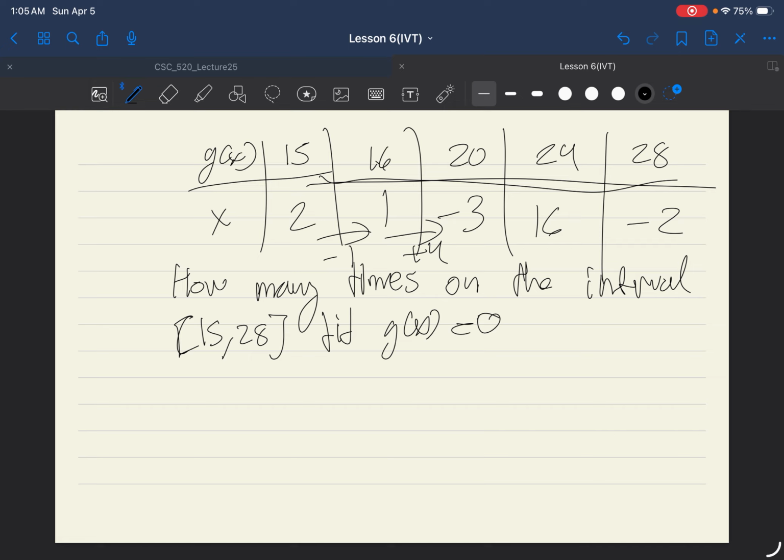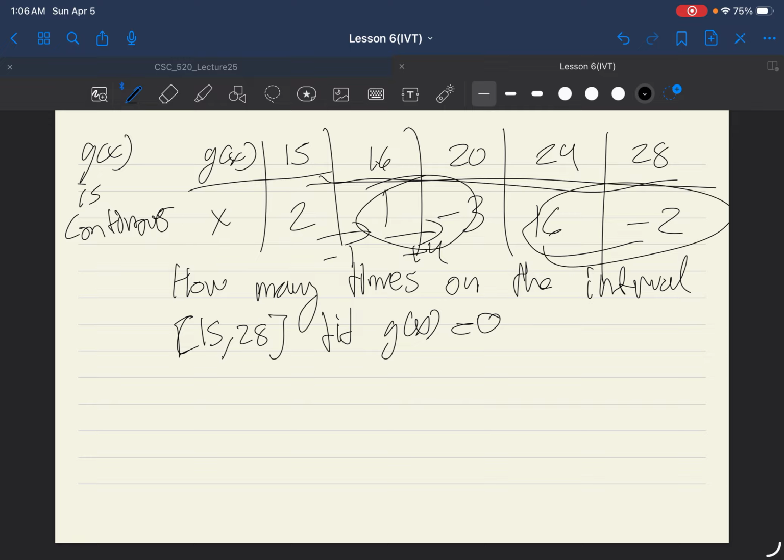And we know that based on IVT, since this function is going from -1 to 3, and since this is a continuous function, it will always hit 0 at a particular point, meaning that is one time that it is hitting a particular point. And then this is another time because 0 is between